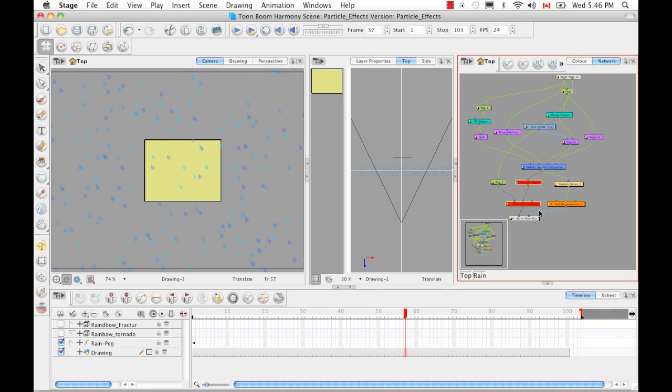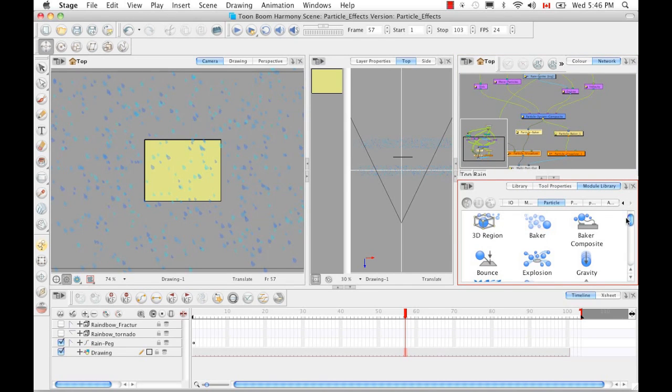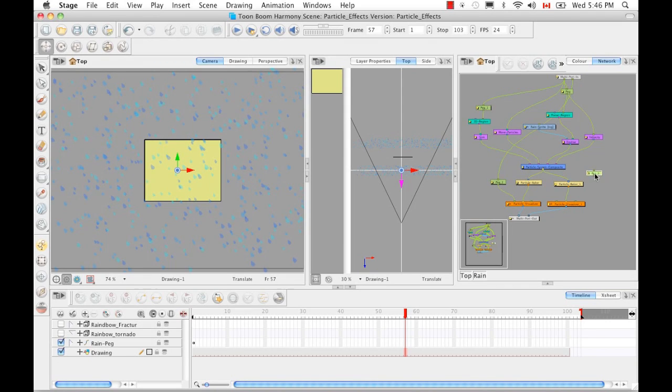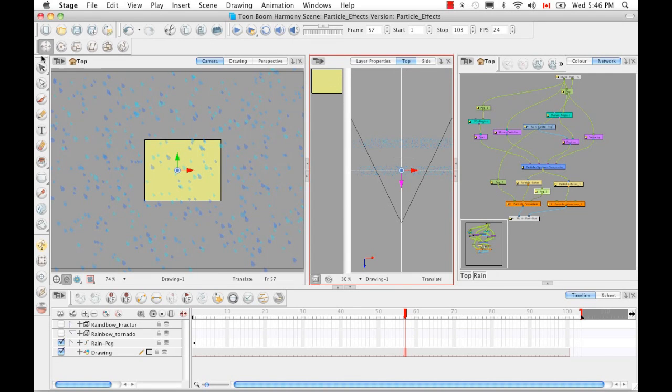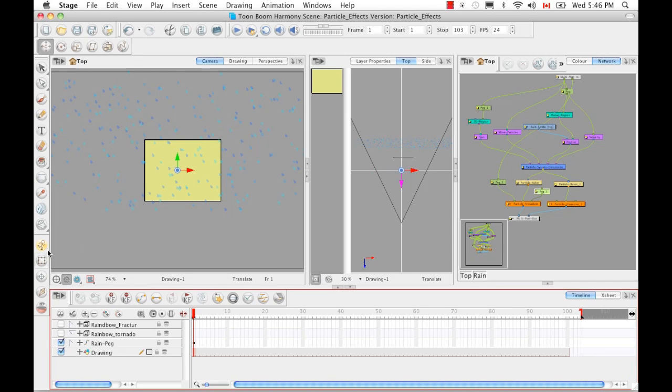So I'm going to re-enable this, and then I'm going to get another peg from our module library. I'm going to attach it to the system. I'm going to go to the layer properties. So you could do it here through the positioning by moving the z-axis and using B for back. Or actually, let's do it through the top view using the translate tool. I can move to the first frame, but it doesn't really matter. I'm not going to add any keyframes. The animate button is off. And let's move this group